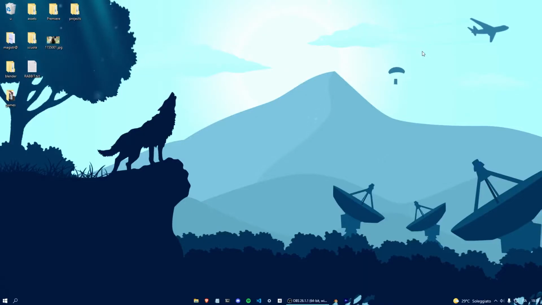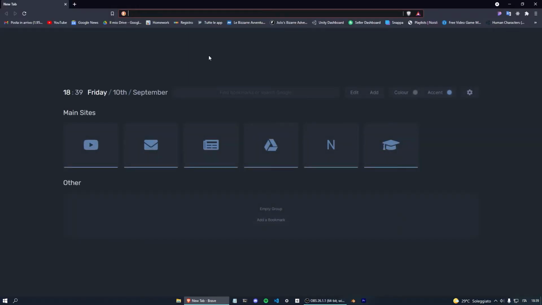So here I am, and I will show you how to use Windows 11 in your web browser. So you don't need to download anything. All you have to do is just go on your browser and search for a website. That's all you need to do, really. So without talking too much, let's just immediately go on the browser, and I'm gonna give you guys the link